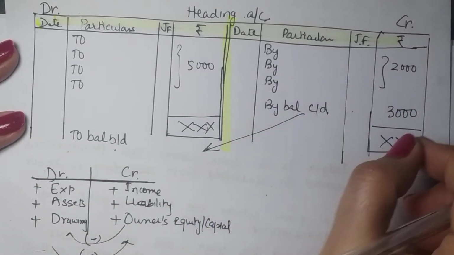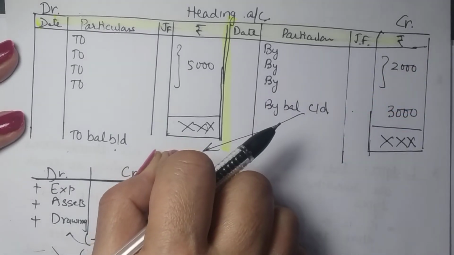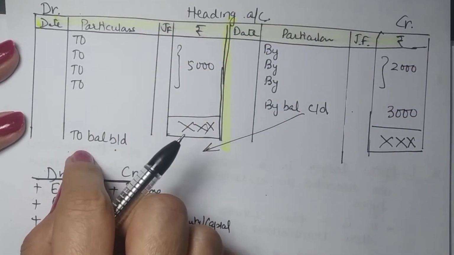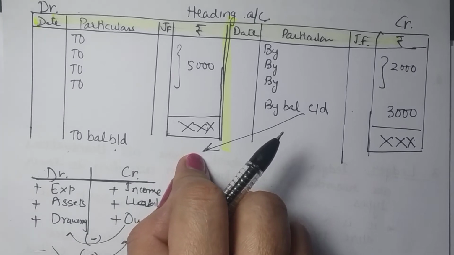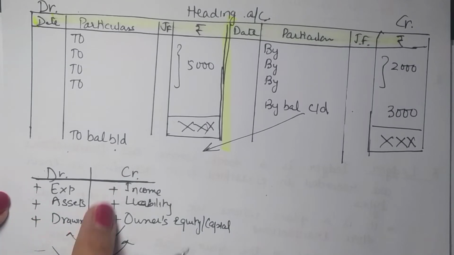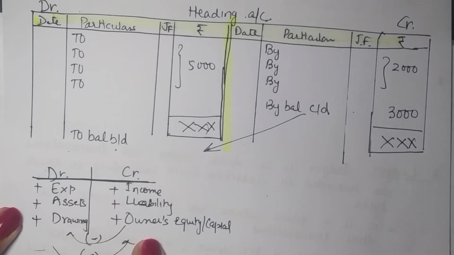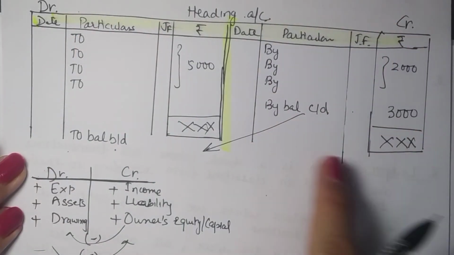So we never read the balance with the difference coming here. We read the balance as to where it is to come. Since debit is more, you will read it as a debit balance. Likewise, these are credit, so they will have a credit balance. And expenses, assets and drawings will always have a debit balance. So they have debit balances, they have credit balances. So this is how we prepare the account.